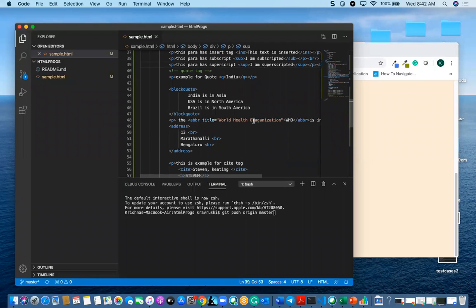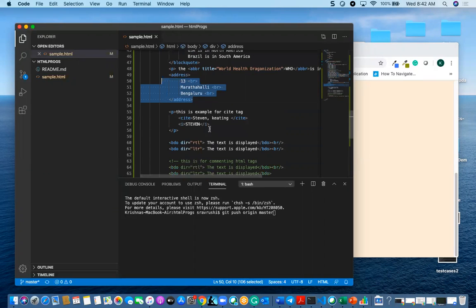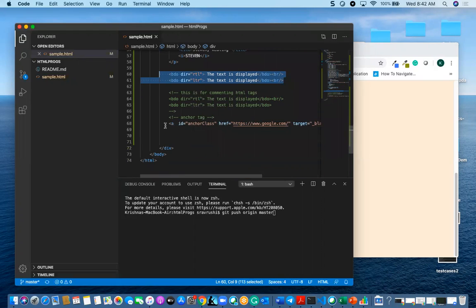And here I have the abbreviation and address tag, and block quote, and left to right and right to left. We have to give dir RTL and dir LTR for displaying the text.